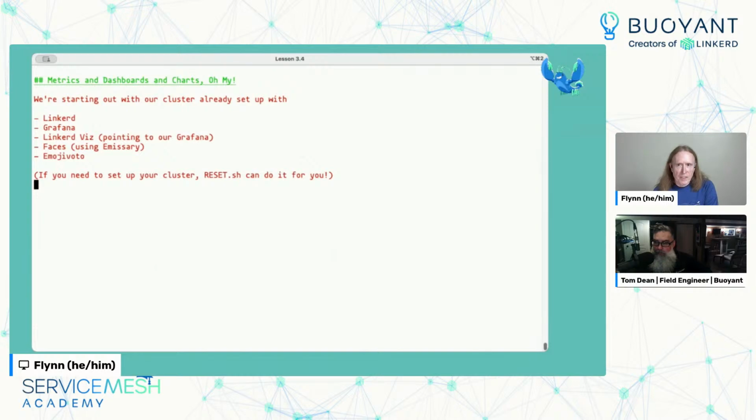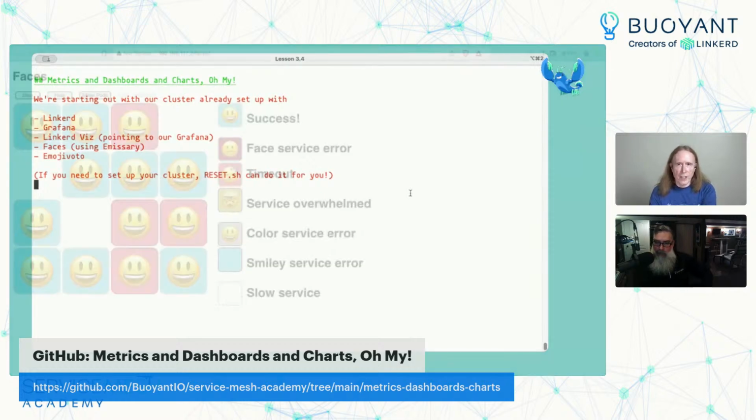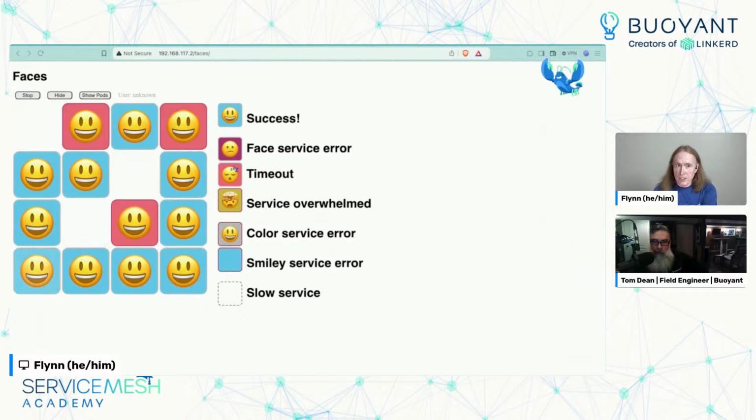So far, so good. I am not going to show setting up the cluster. There's a script in the repo called reset.sh, which will create a K3D cluster and install Linkerd and Grafana and Linkerd Viz, pointing to the Grafana that you just installed, and Faces with Emissary and Emoji Photo, and set up a bunch of stuff. The end result is that we have Faces running, and if you're familiar with Faces, we see retries